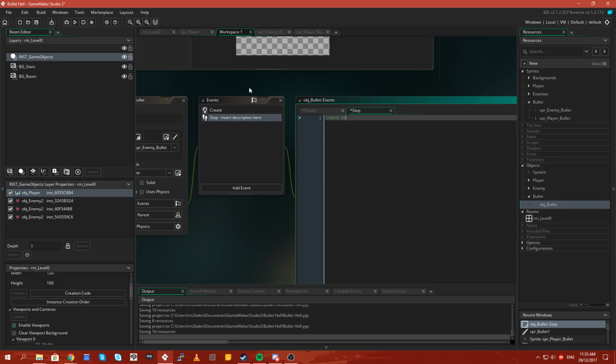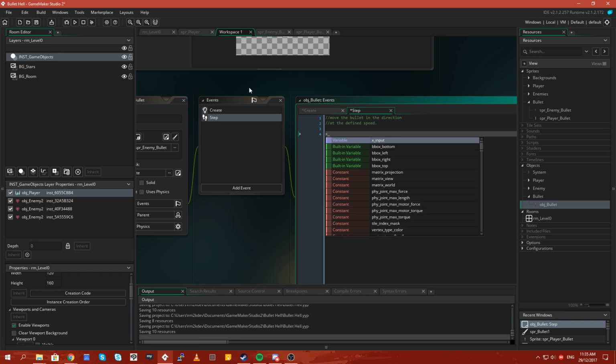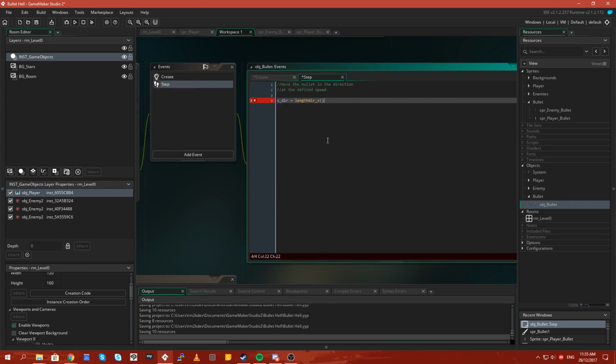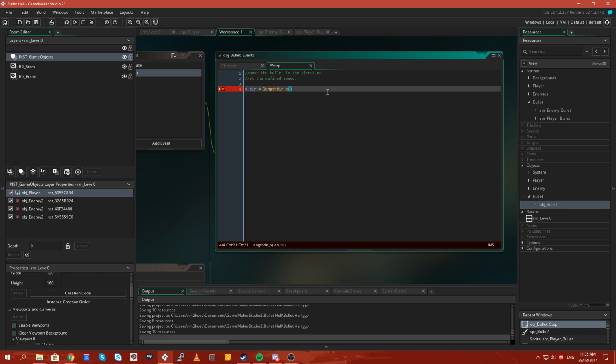We need to move the bullet in the direction at the defined speed. In order to do that, we are going to use the lengthdir_x function. This takes in a direction as a parameter and a length. The length is going to be 1 and the direction is going to be bullet_dir.